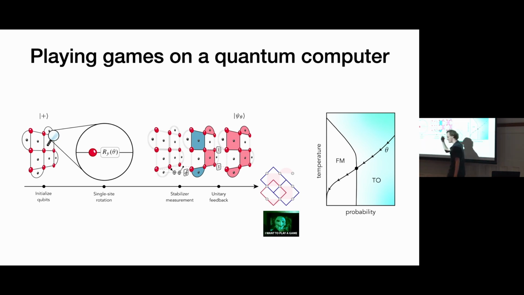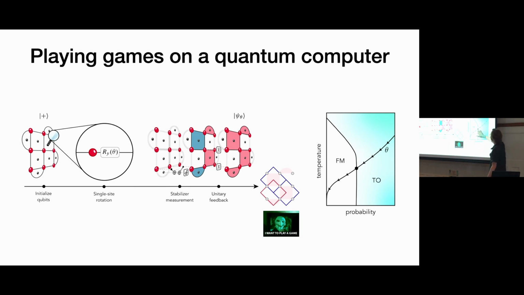And then what we wanted to look at was what happens to this game as we do a deformation. I think this goes into a nice philosophy: what's actually interesting in these early experiments is to probe how things behave when they're not perfect and how well we understand that. Here we add some kind of Y rotation to the qubits initially, which you could think of as controllable coherent noise that becomes incoherent once you measure the stabilizers. And this gives you some sort of disordered, deformed surface code state at the end of the measurement and feedback cycle.